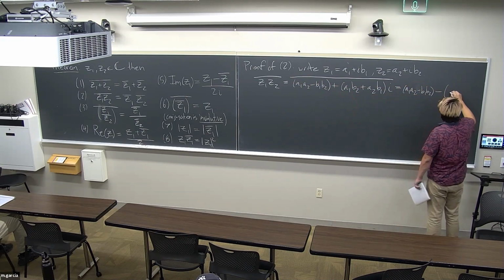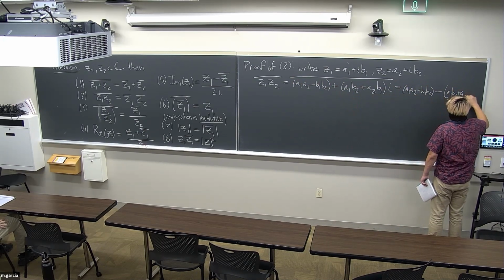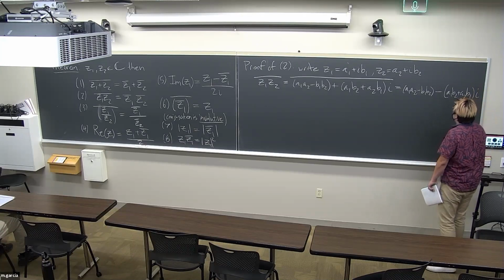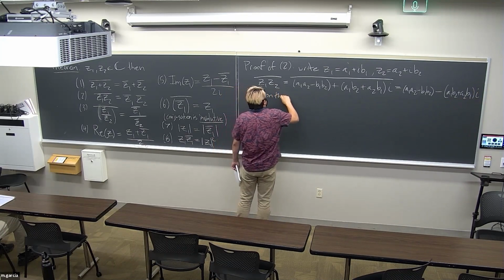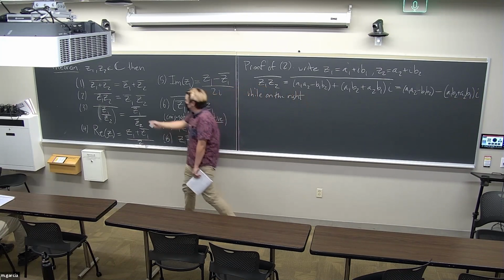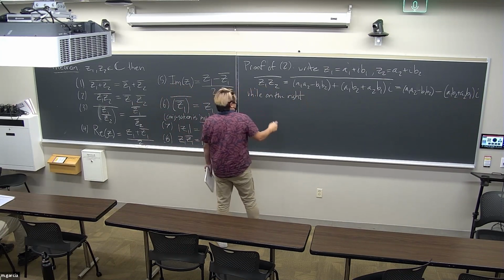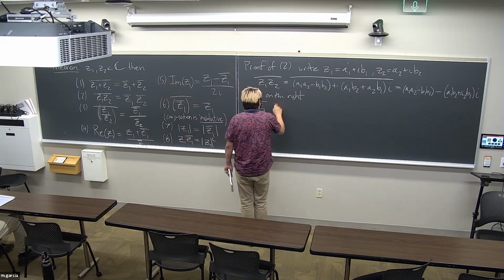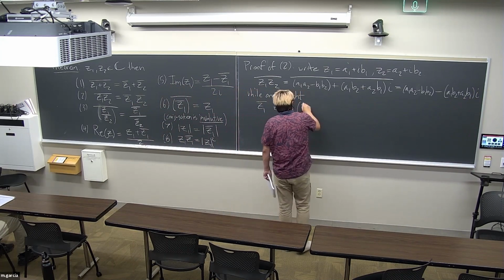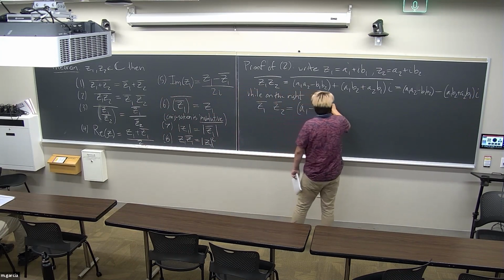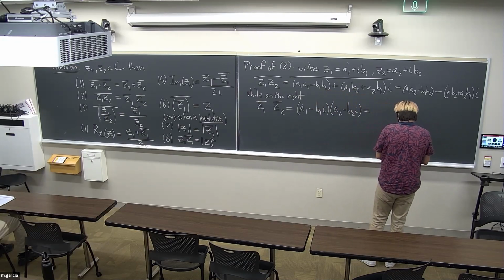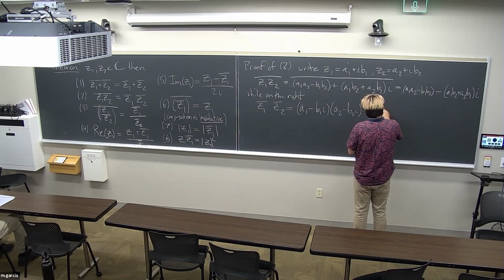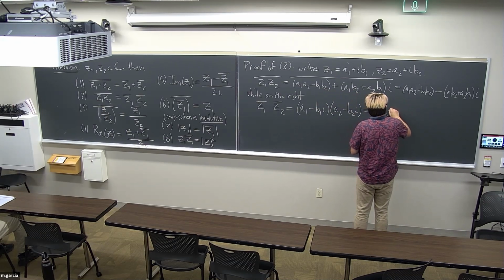Minus a1 b2 plus a2 b1 i. While on the right, now I'll take the conjugates of each z1 and z2 first and then multiply them together. We have z1 bar times z2 bar, or in other words, a1 minus b1i times a2 minus b2i. Apply again our formula for multiplication of complex numbers. And what do we get? We get a1 a2 minus b1 b2